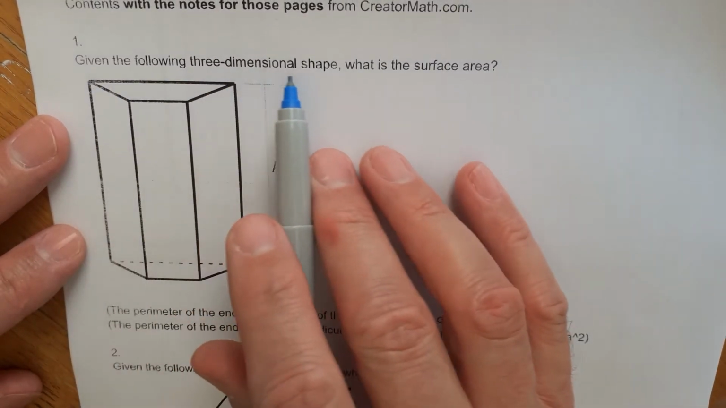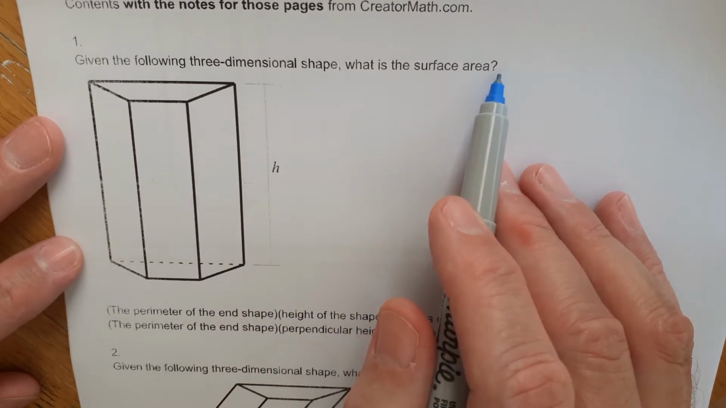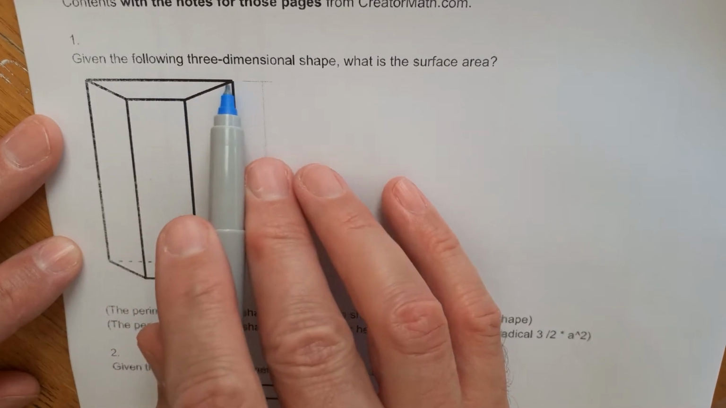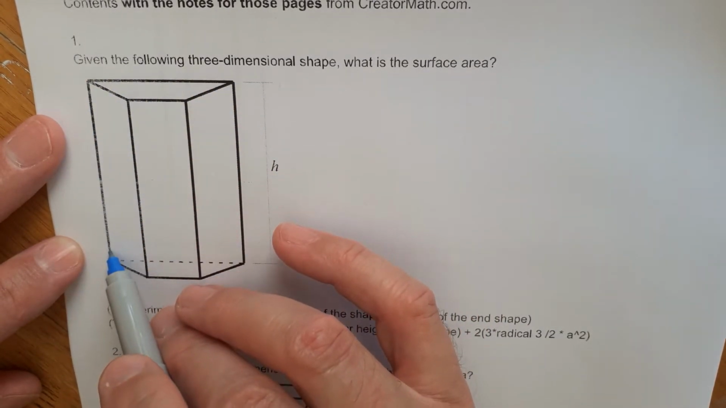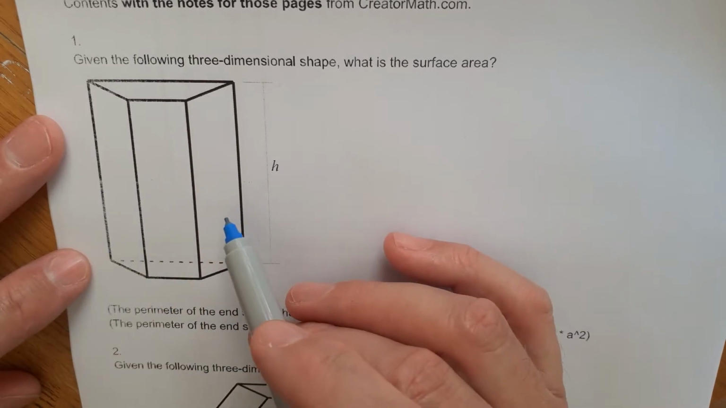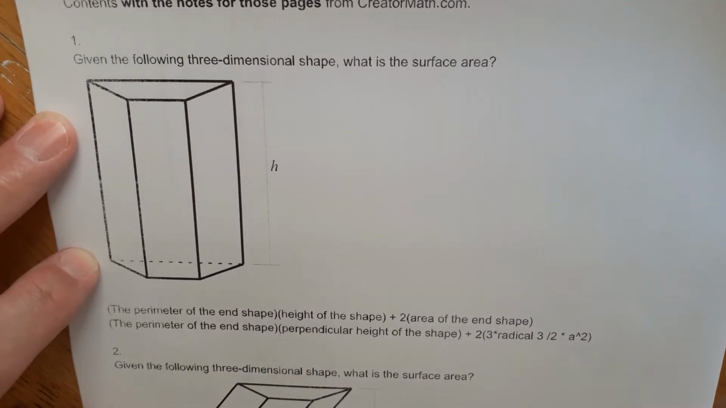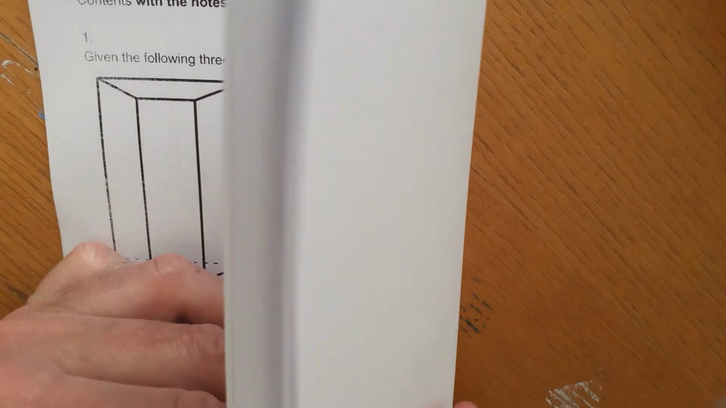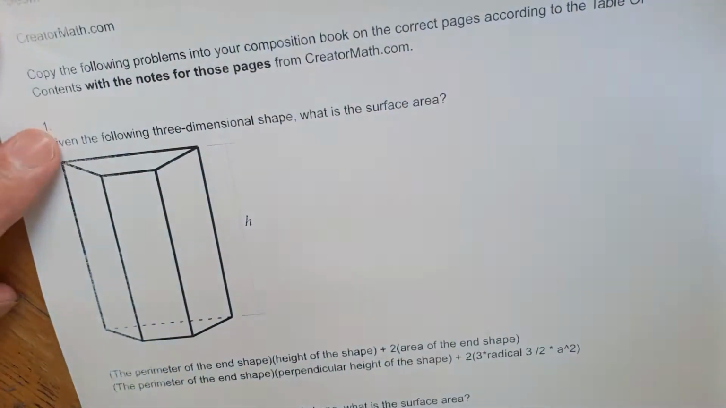So the instructions are given the following three-dimensional shape. What's the surface area? So interestingly enough, this is a trapezoid. See the end shape? This is a trapezoid, and it's a three-dimensional trapezoid, otherwise known as a trapezoidal prism. There's hexagonal prisms over here. Now that I'm looking at the title, let's see where they are. There they are. So there's hexagonal prisms too in here. The interesting thing of this is that we are